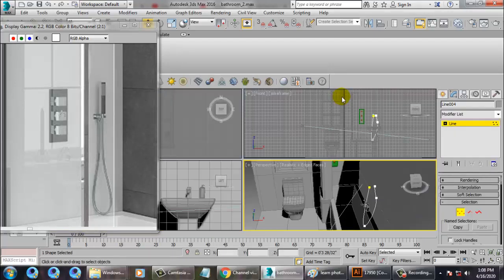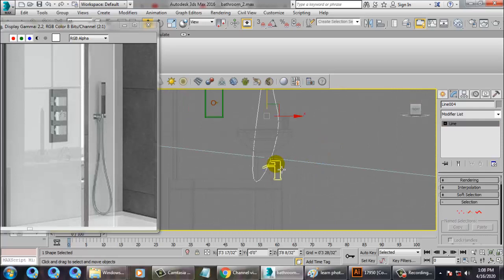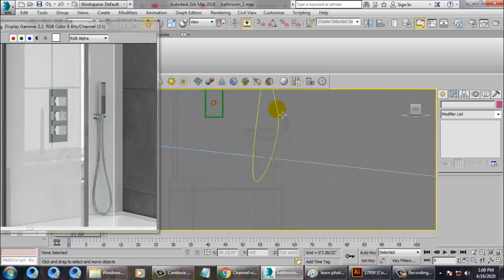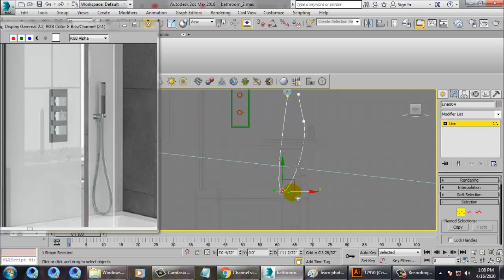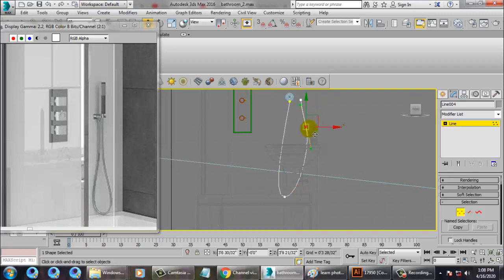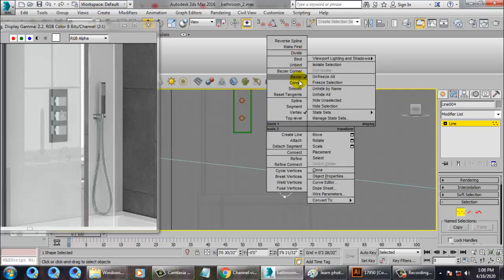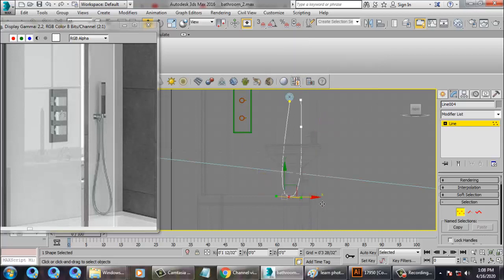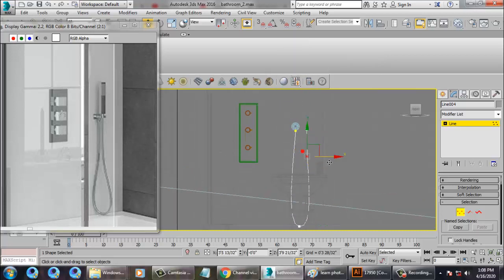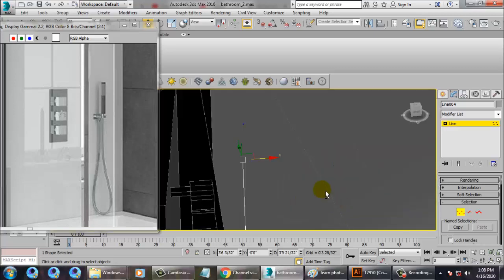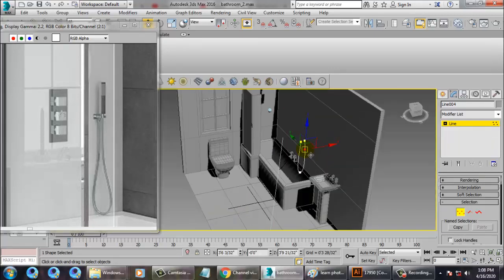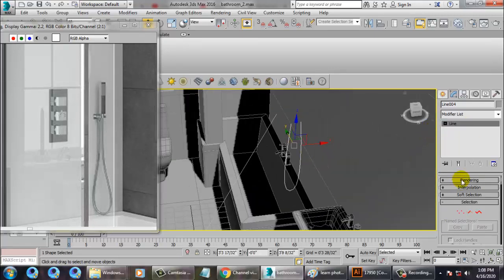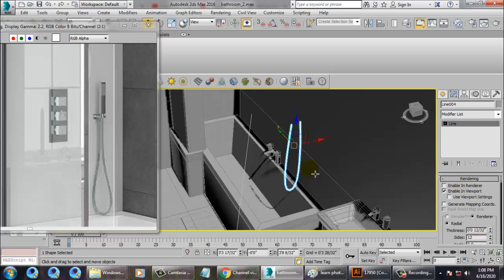So once you have taken a line tool, now you can select the line tool and go into the vertices and adjust it, make it as a corner, push this straight, select this and go into rendering, enable in viewport.